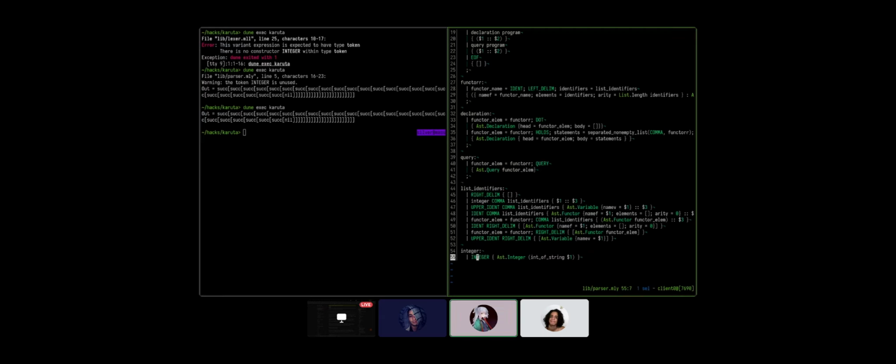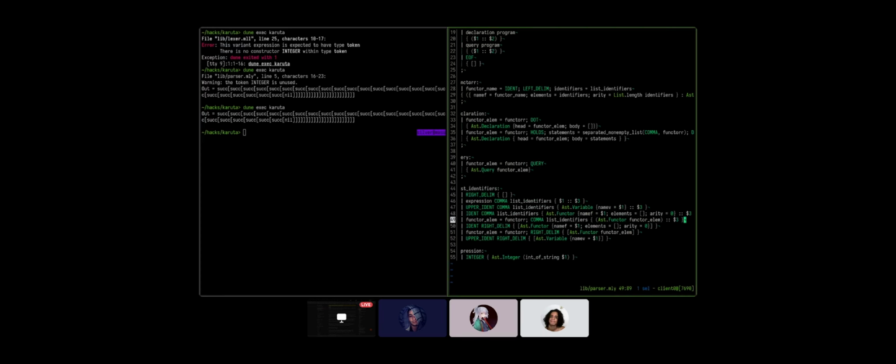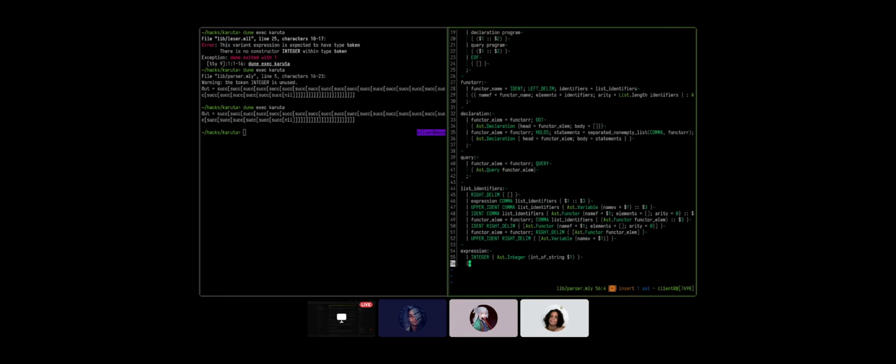Hmm. Yeah, actually, I think making this work with an expression is not that hard. If we do this, right, then we can say it's an integer or it's an upper ident, in which case we need to grab this and put it here.